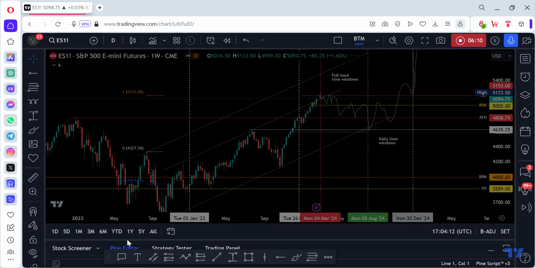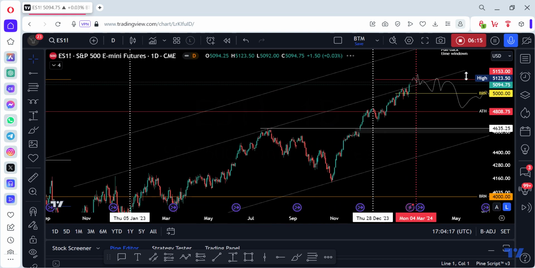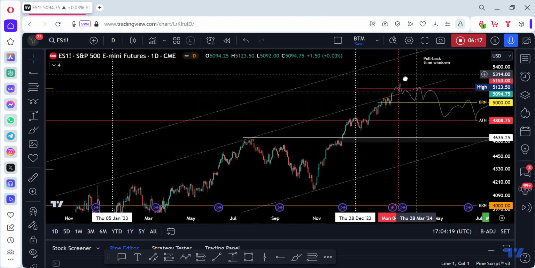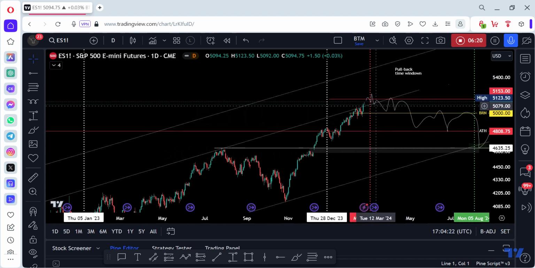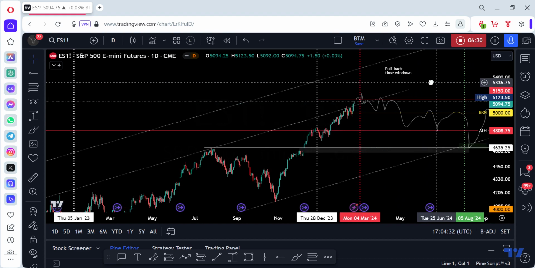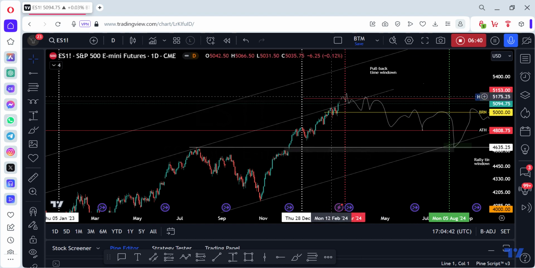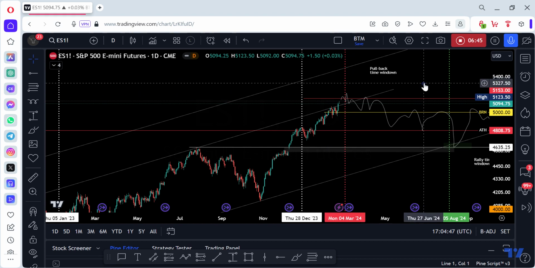Okay. So on the daily, I think we're coming to a top very soon, and I want to see first some weakness to break at least this low, and then probably I'm going to get a lower high or a double top or something. Those are the kind of patterns you play when you have a very strong zone. So I think we're coming to a strong resistance, and we're going to have a pullback very soon. So that's my forecast for the next period.